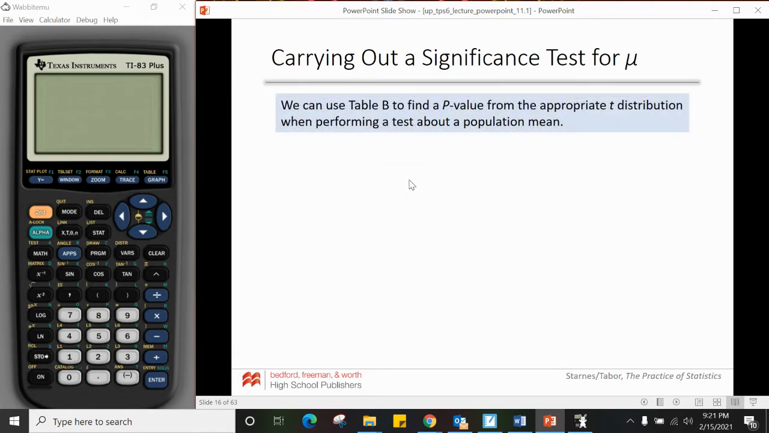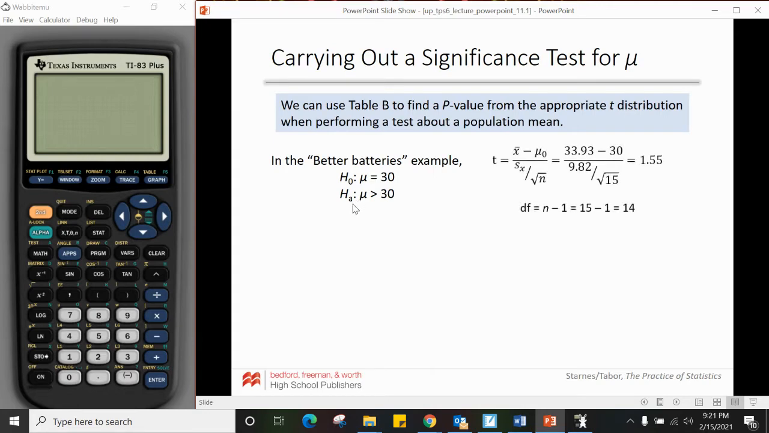So how do we actually use a t-test and find the probability? We're going to use our table B to find the p-value from the appropriate t-distribution. In the example we were talking about before, these are our two hypotheses: that the mean life of the battery is 30, and we're seeing if it is actually greater than 30. So that's our HA. When we find our t score, you do x bar minus mu divided by s over square root of n and get a t score of 1.55